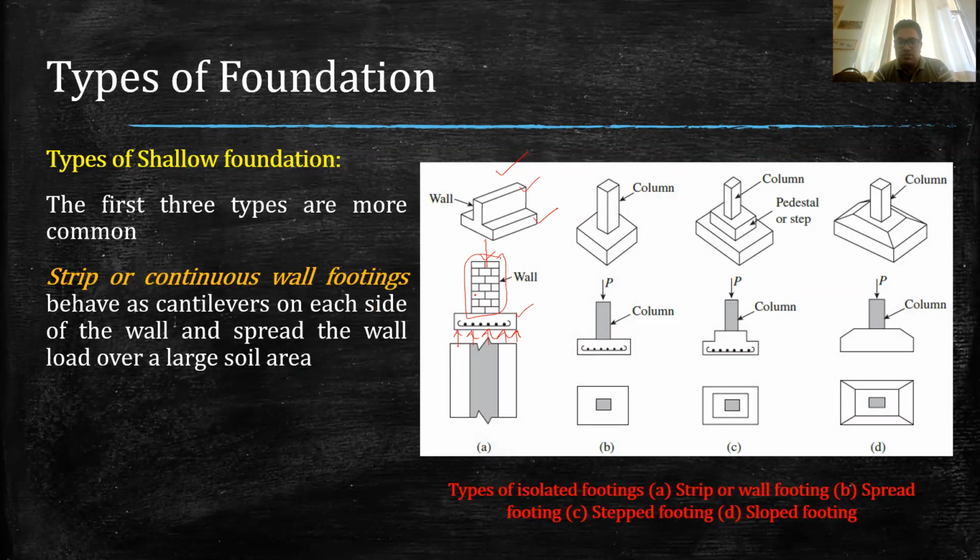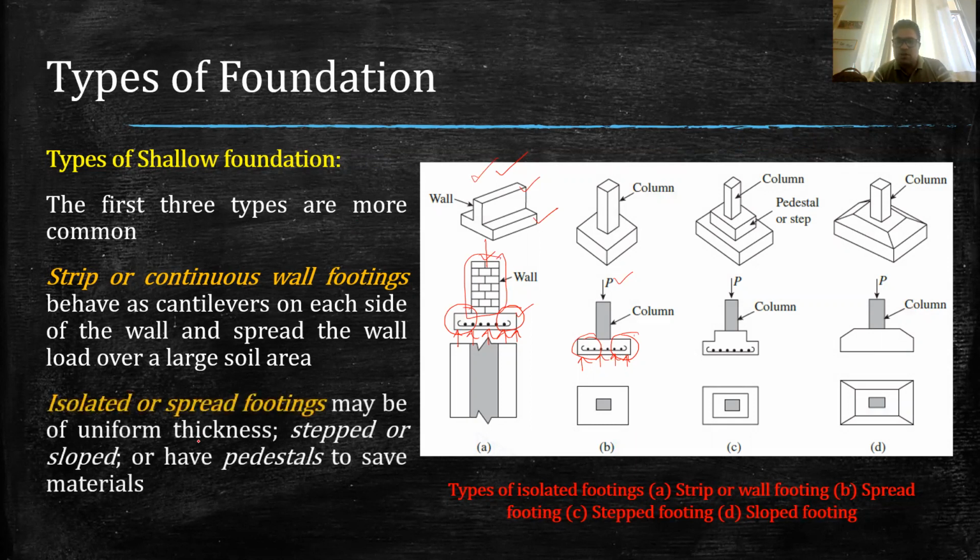Now here you can see, because of this upward pressure, this part of the foundation, similarly this part of the foundation, will act as a cantilever. Even in the other foundation also you can see, because of the application of this external load, there will be upward pressure offered by the soil. So because of this, this part and this part will act as a cantilever. So this first foundation is a spread foundation, the strip foundation or the continuous wall foundation.